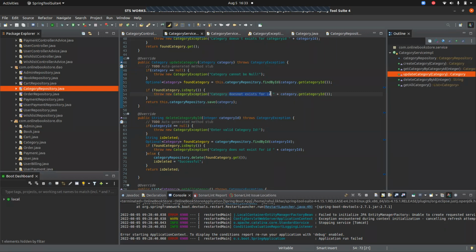So that the customer should get to know he is trying to update and is not able to update because that category does not exist. It can be a very simple message, but it should convey the purpose. So is it fine now, sir? Okay, perfect. So like that, you can also check all the other customized messages. Yes, sir, I'll do that. Thank you, Rahul.